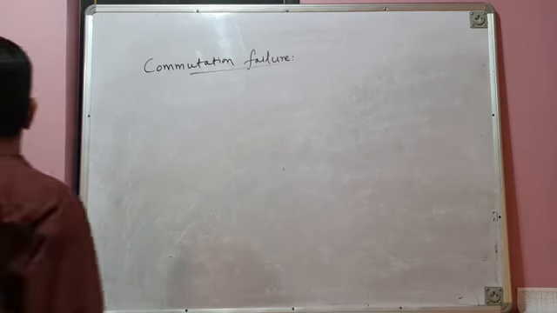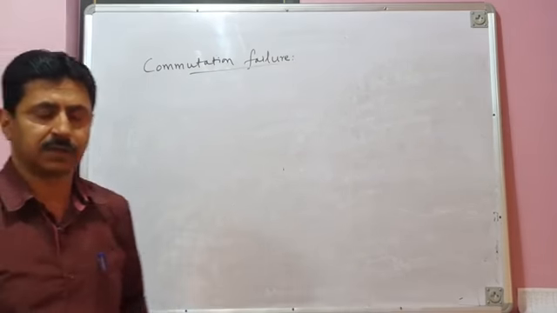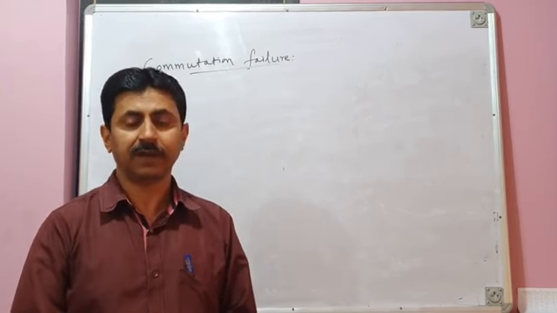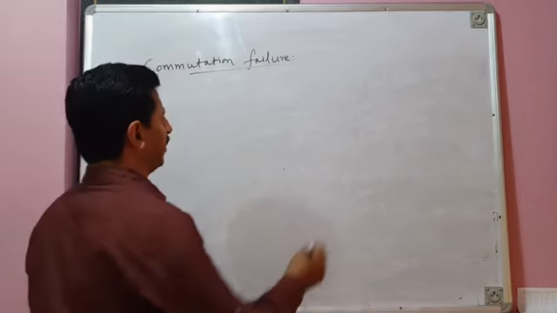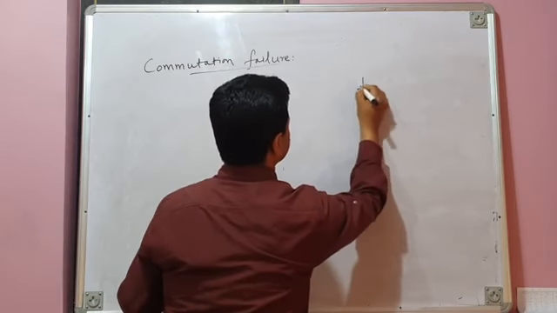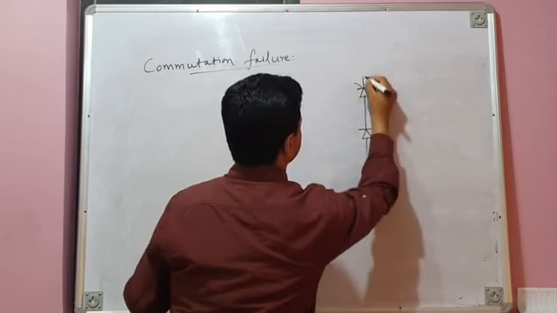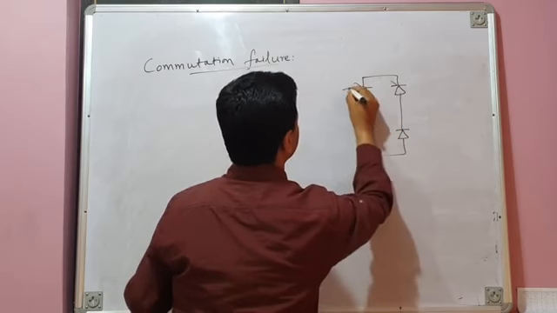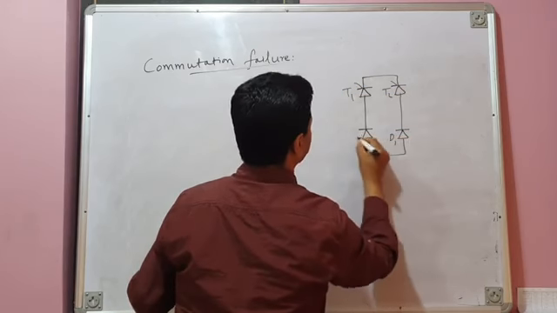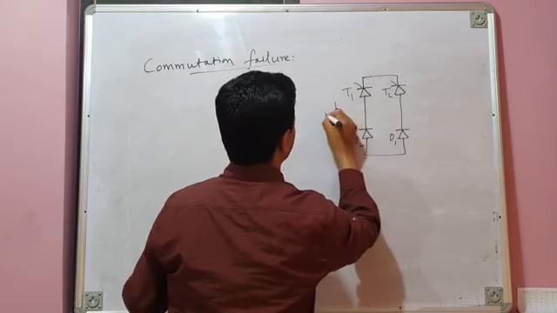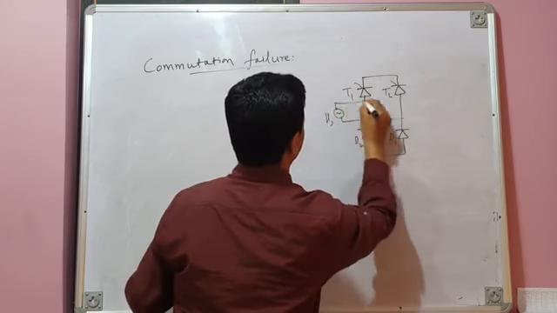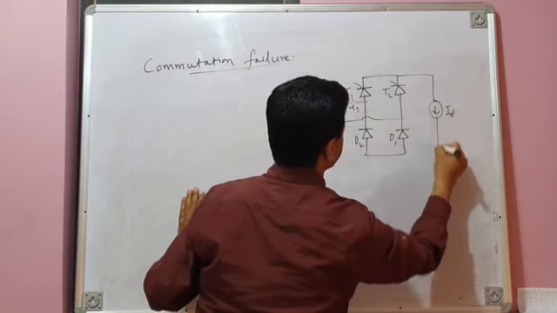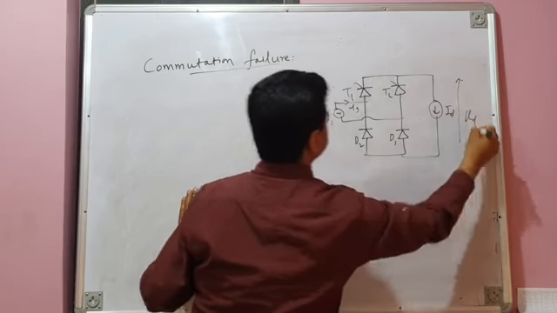Commutation failure is a phenomenon which occurs in single phase bridge converters, semi-converters as well as full converters. I will discuss it with you in case of a single phase semi-converter. For that purpose, I will draw the power circuit diagram of a single phase semi-converter again. Let us assume the converter is feeding a sufficiently inductive load. This is T1, T2, power diodes D1, D2. This is your source voltage Vs. This is source current Is. And load is sufficiently inductive, so load can be modeled as a current source Id. And this is load voltage Vd.